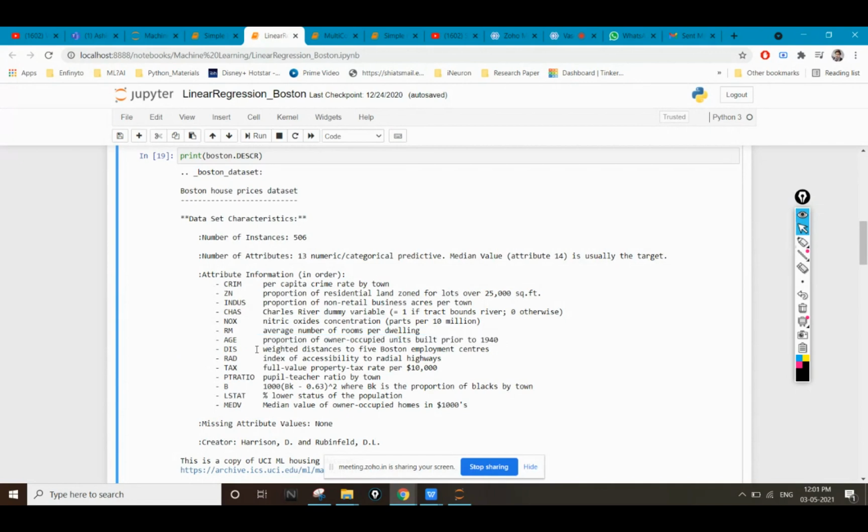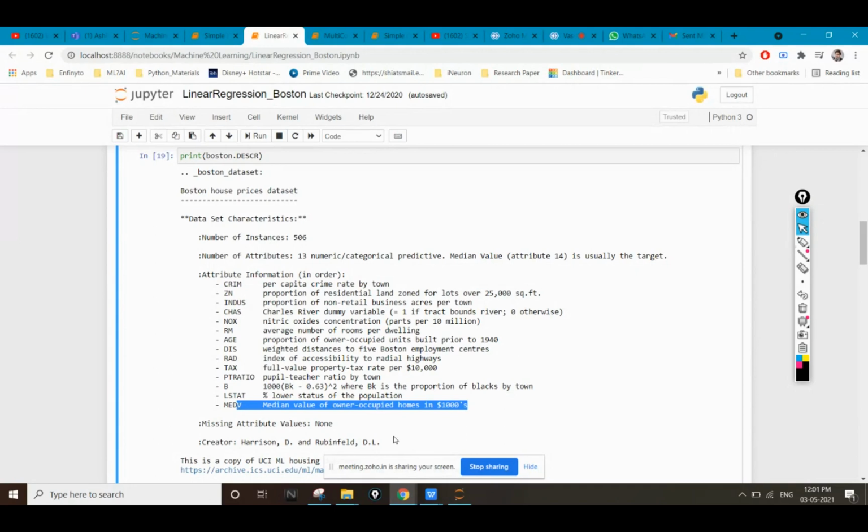What is the distance from the employment centers or main buildings. What is the tax of that particular area, whether land tax, house tax or building tax, whatever the type of tax is. And what is the median value of owner-occupied homes: from 1,000 houses, how many are occupied by their owners.